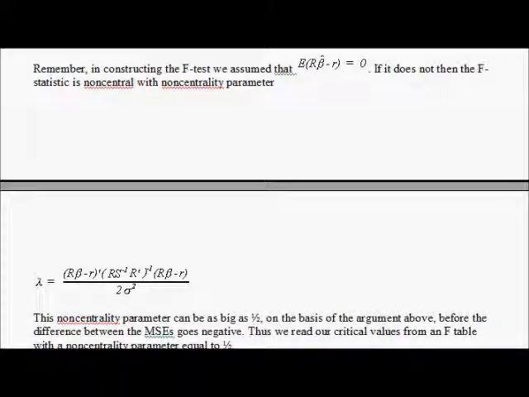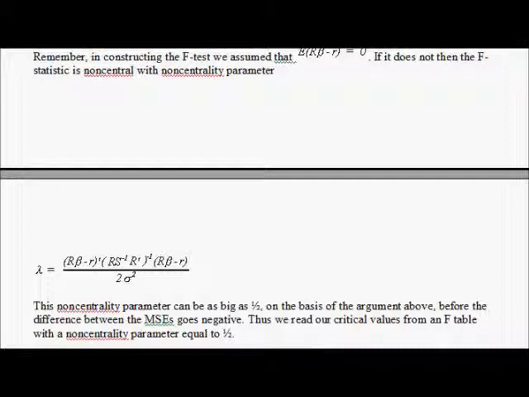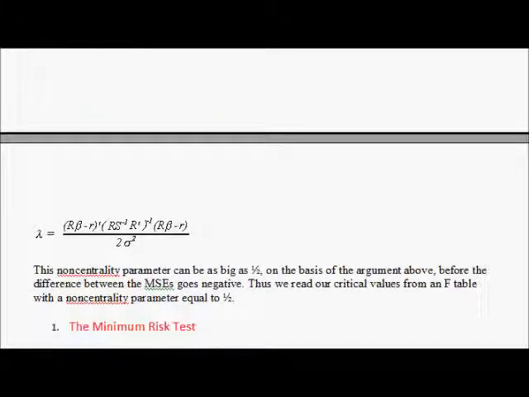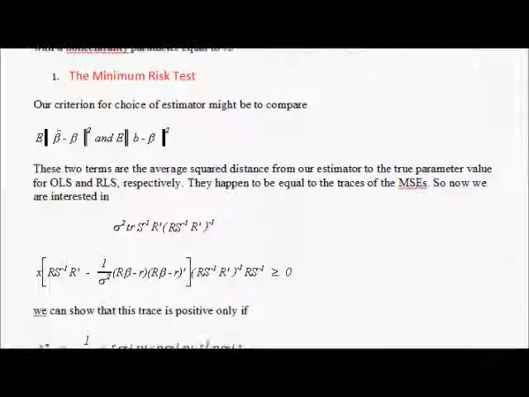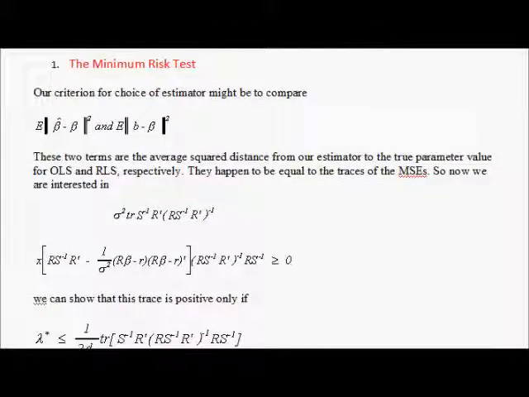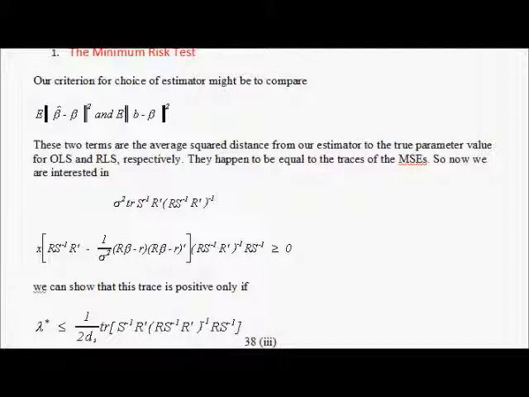If OLS is worse, then it belongs to a distribution where the non-centrality parameter is greater than a half. So we pick a half as the non-centrality parameter that we're going to use. So where do you find non-central F tables? Are they in the back of the green? No. Instead, you can